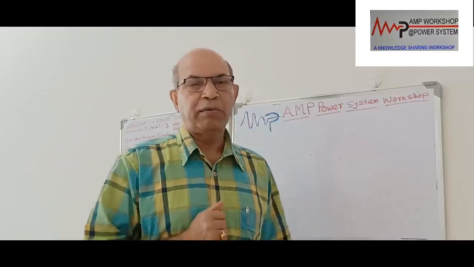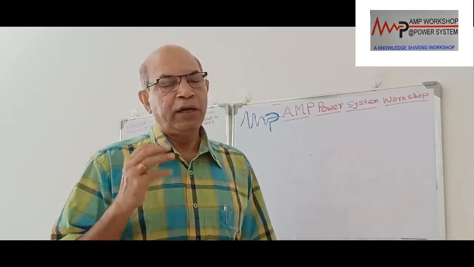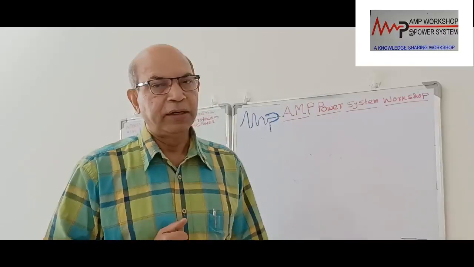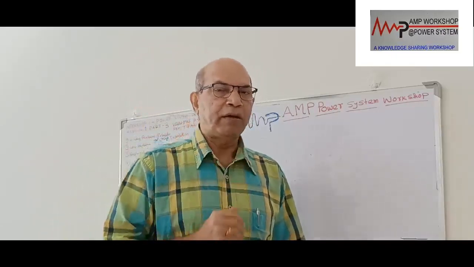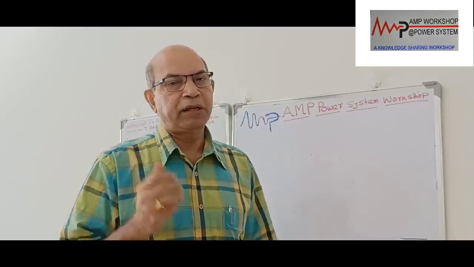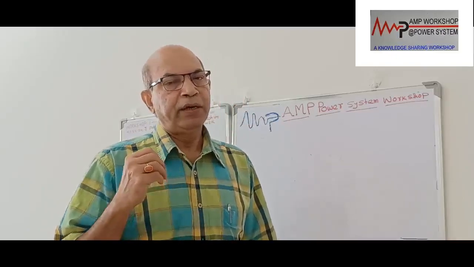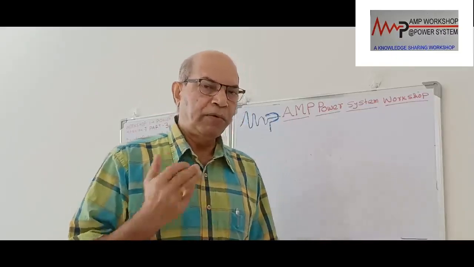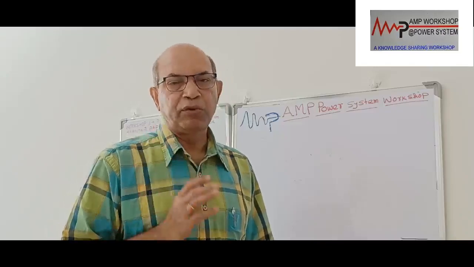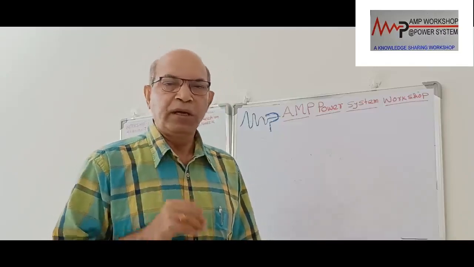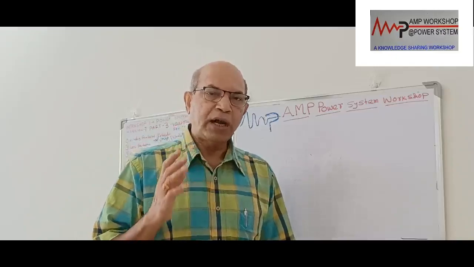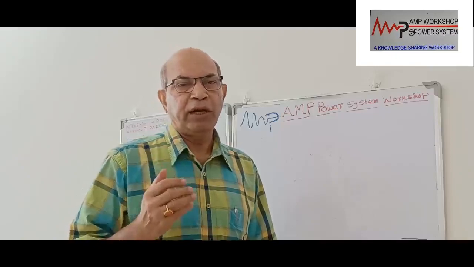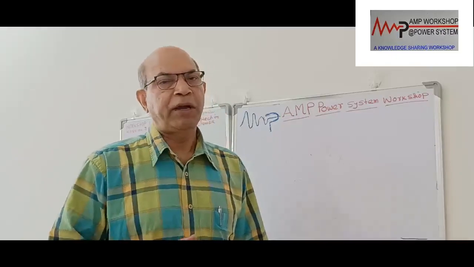So in case of transformer with minor failure to major failure, it can take from 10 days or 15 days to 1 year, sometimes even more than 1 year may be required. So that's why this is another drawback of the transformer failure. If there is a transformer failure, then there are tremendous issues about the logistic part of the transformer, removal, transport and reinstallation of the transformer is one of the major issues. That's why we try as far as practicable to protect the transformer in such a way that major failure of the transformer can be avoided.